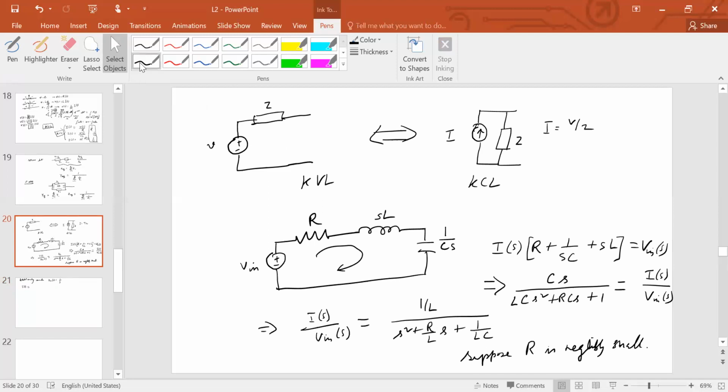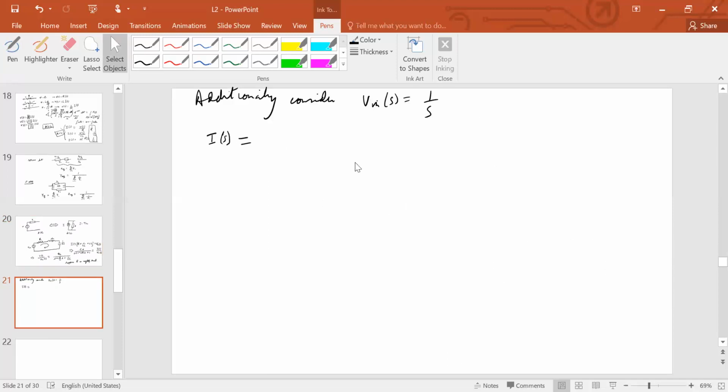Yes, in this expression I actually missed an S here. This will actually be S by L. That's why I was a little perplexed about this expression. So now we have the expression